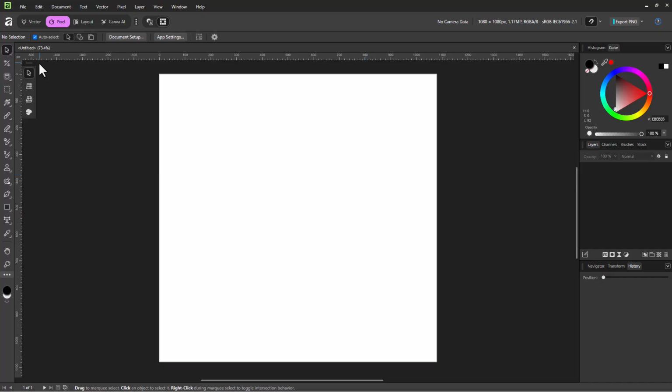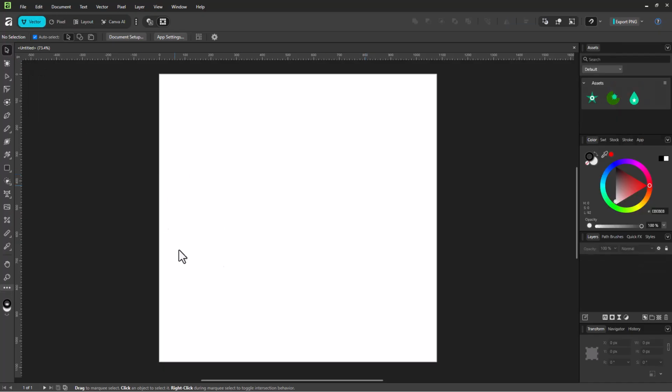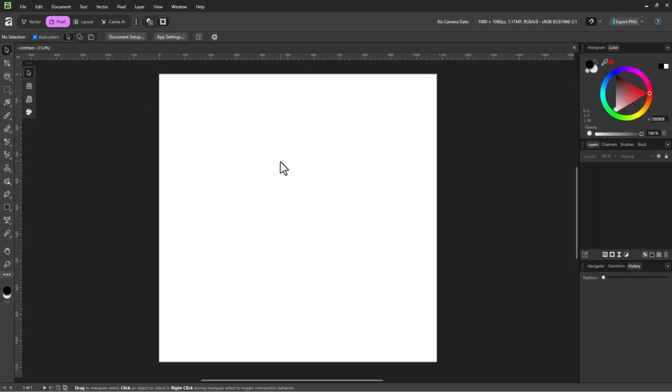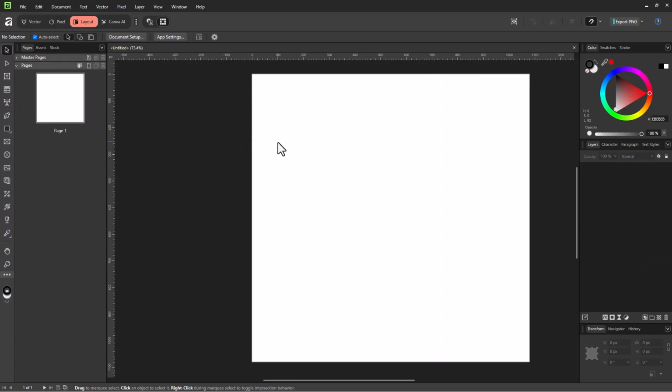So over here in Affinity, you've got vector mode to create different vector graphics, and pixel mode so that you can edit photos, manipulate them, and work with pixel graphics. Apart from that, you've got layout mode as well if you want to design publications. As soon as I go onto the layout mode, you can see that I have an option to